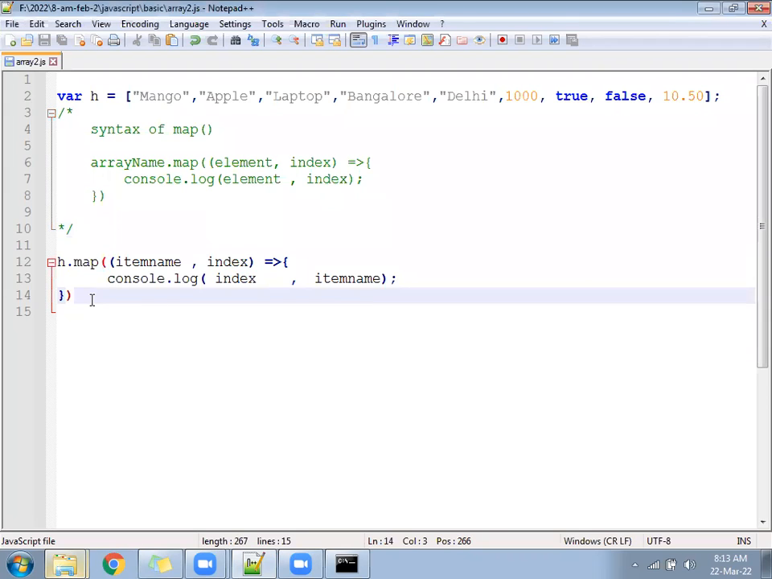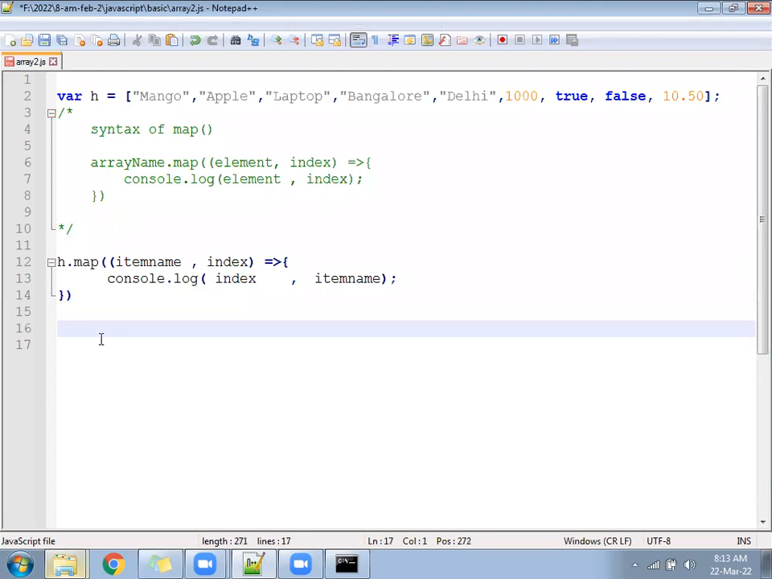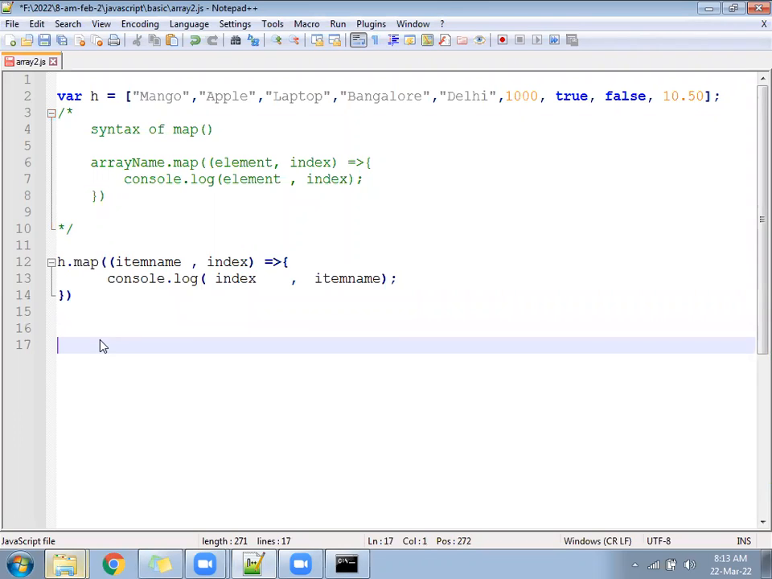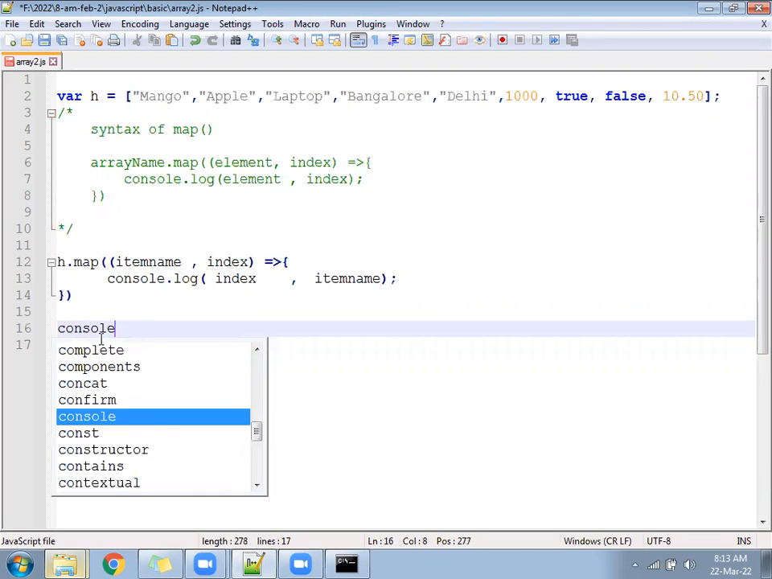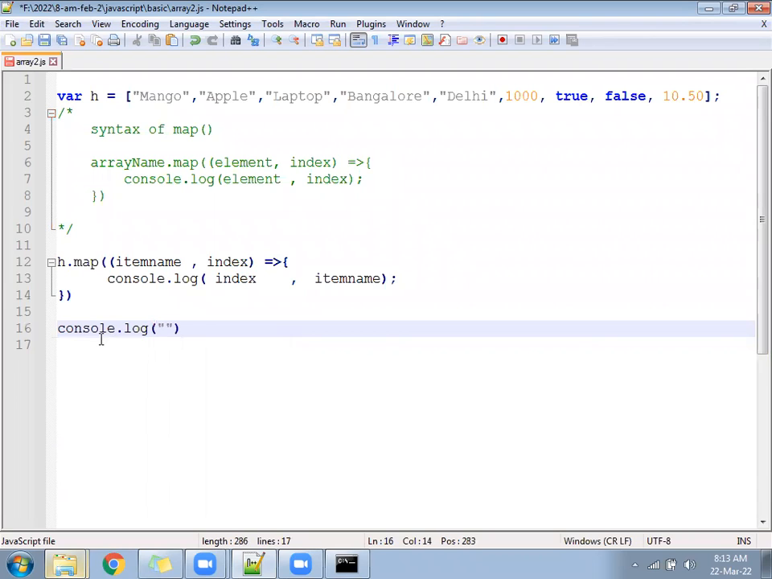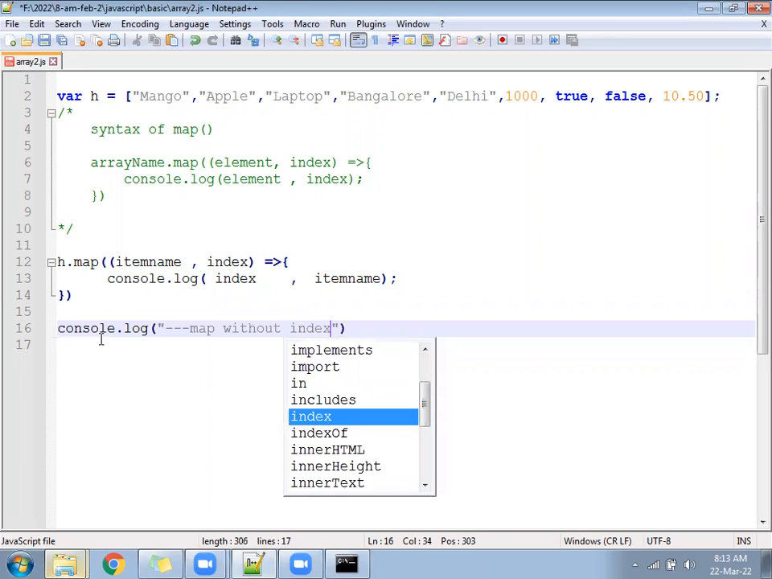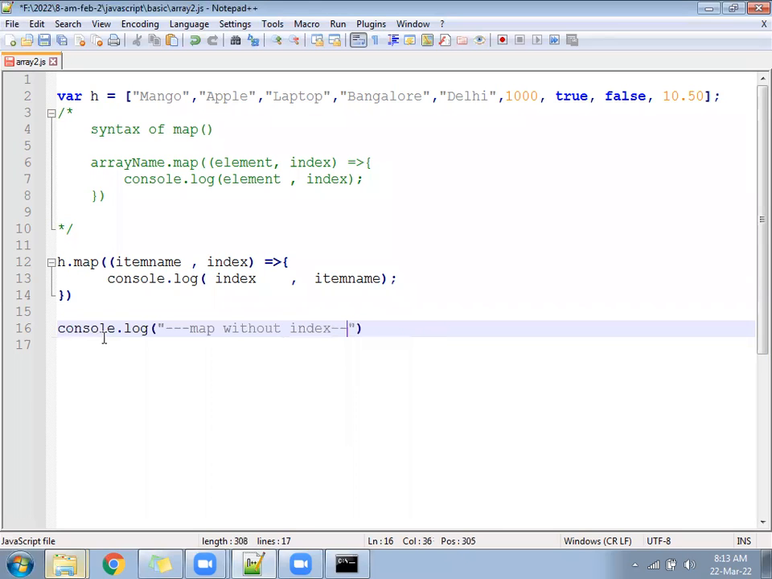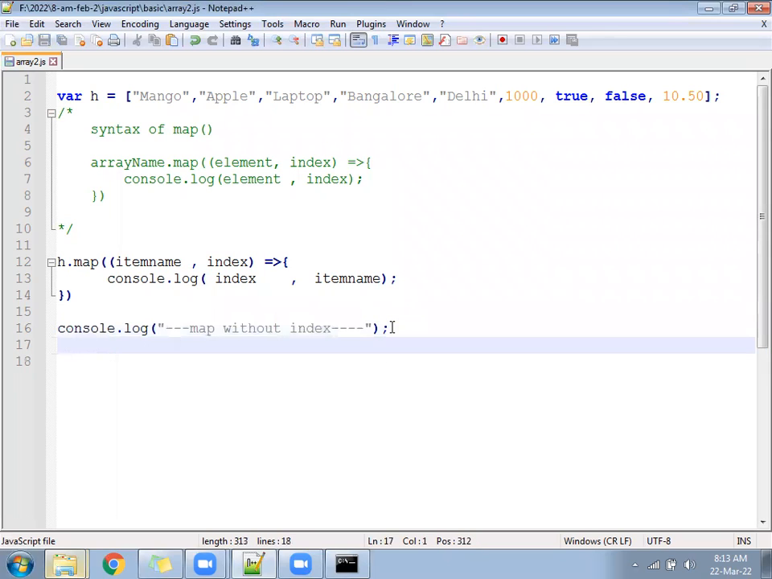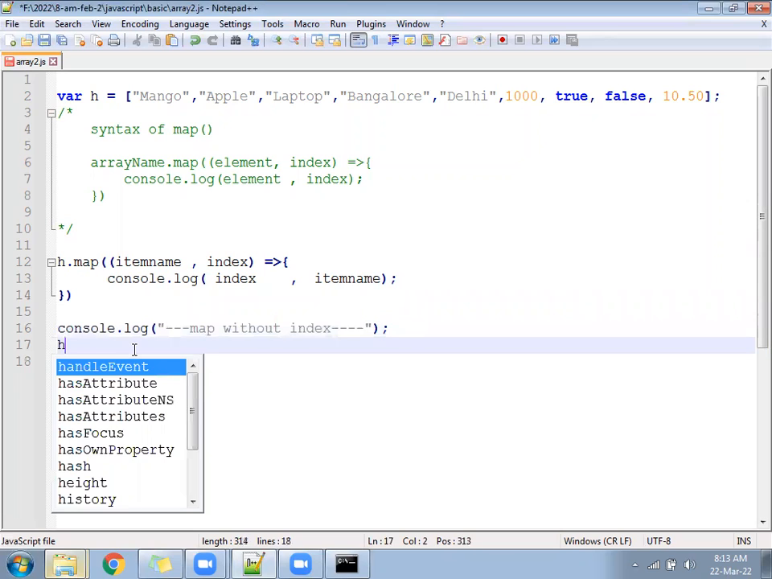Now right here, the map function without index. console.log, map without index. Next, how to write that? Array dot map